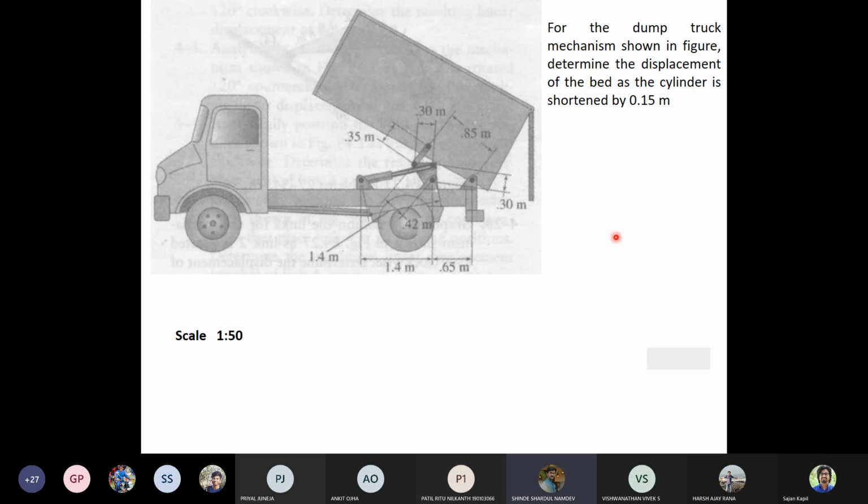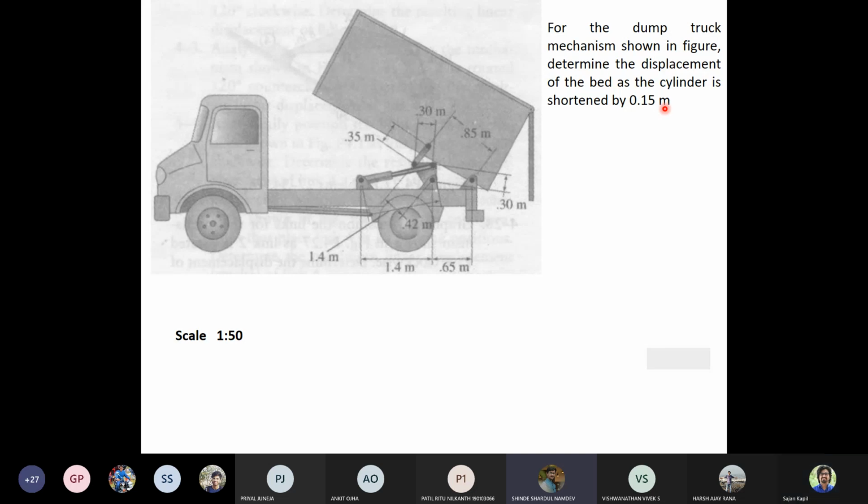Sir, do we have to calculate the angular displacement of that bed? What is written? For the dump truck mechanism shown in figure, determine the displacement of the bed as the cylinder is shortened by 0.15. So you need to find out the displacement of the bed when this actuator, which is the input, gets shortened. Right now, what is the distance? It is given, 1.4 meter is the distance right now. So this 1.4 meter will shorten by 0.15, means new value will be